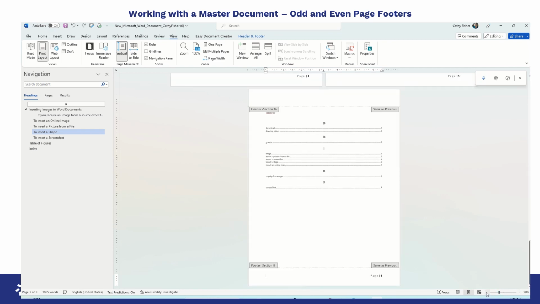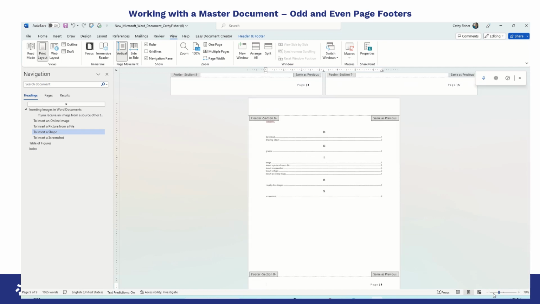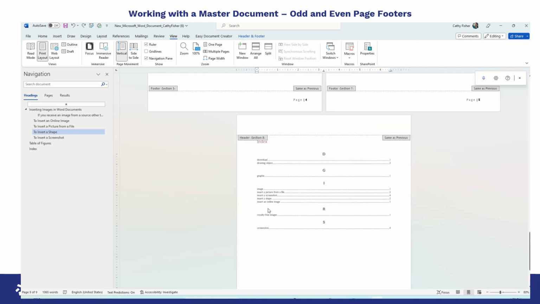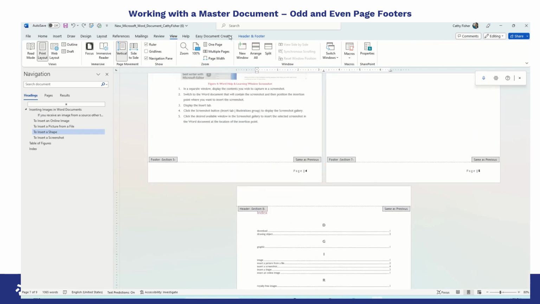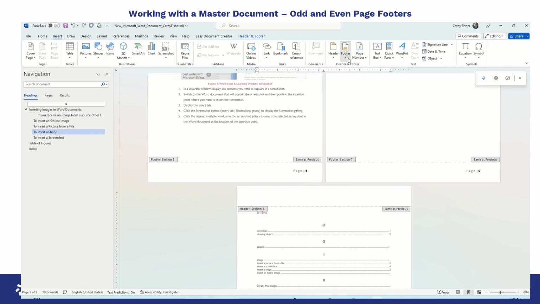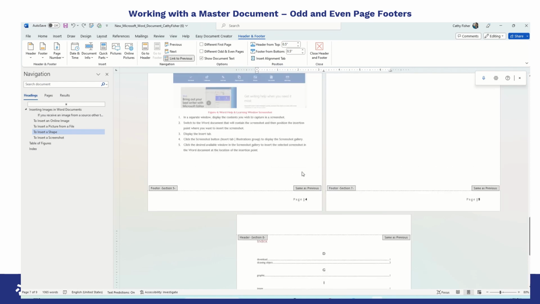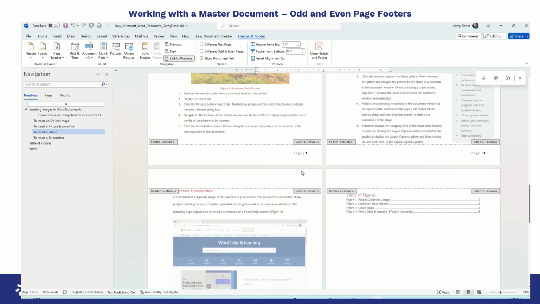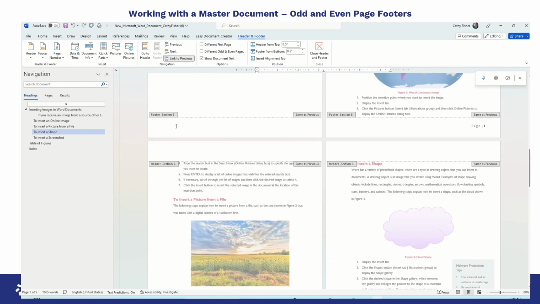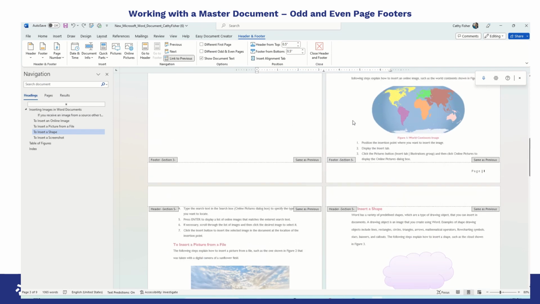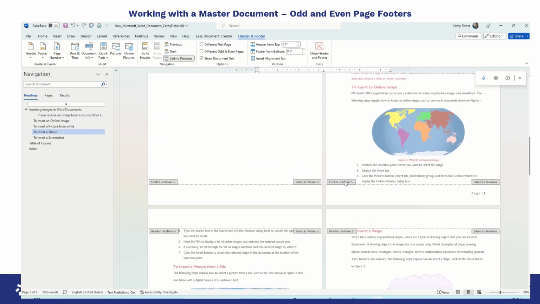I like to see them with multiple, oh, that's just because of that. Okay, I got it. Okay, so we still have multiple pages, that's good. Okay, so where was I? Let's go to insert my footer, and I will edit my footer. And you'll notice here that I have a footer for section 3, and then it shoots over to section 5. I'm not sure why it has section 5 in there and it lost section 4,